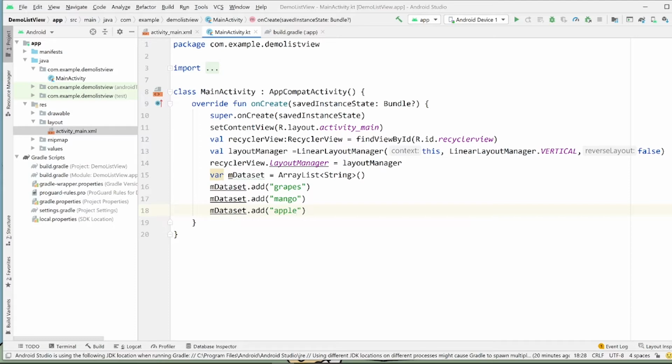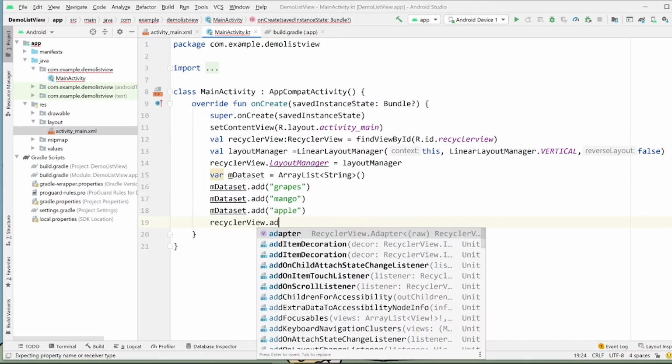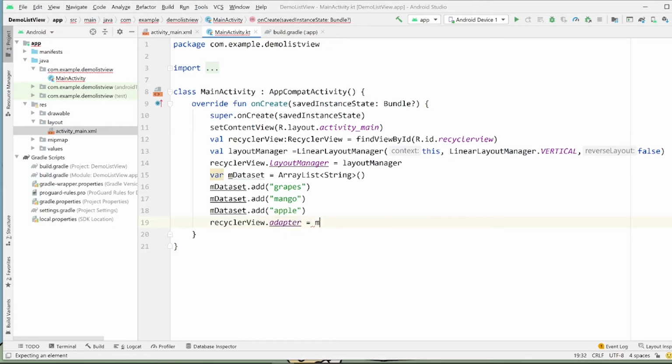And now it comes to the most important part, also the hardest part, which is to create an adapter for the RecyclerView. I'm going to name it MyAdapter.